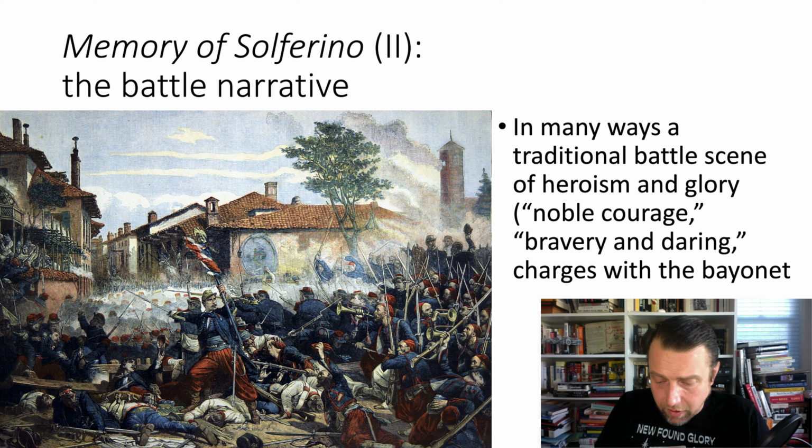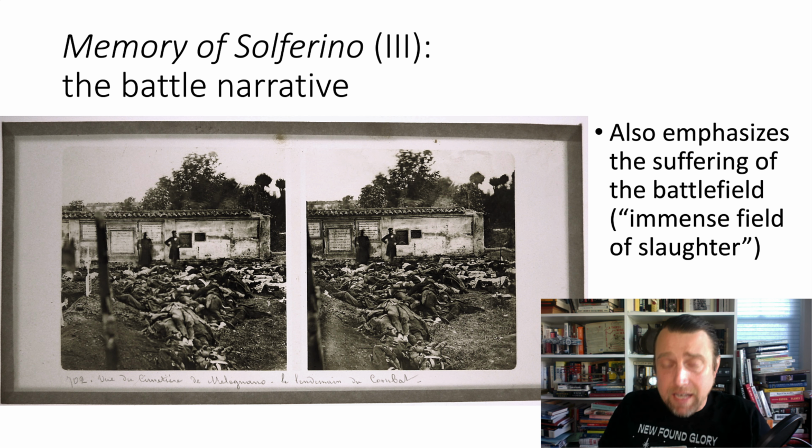So in the traditional battle narrative, the French victory is glorious. The Austrians too fight with honor and courage. Everyone is a manly man. But at the same time, there are in Dunant's battle narrative a lot of scenes of death, horror, and destruction. Soldiers are crushed by horses and wagons as they lie dying on the battlefield, screaming for help. Officers are brutally decapitated by cannon, or soldiers see their arms or legs blown off or amputated. The battlefield, he writes, is an, quote, immense field of slaughter, covered with the viscera of men and horses.